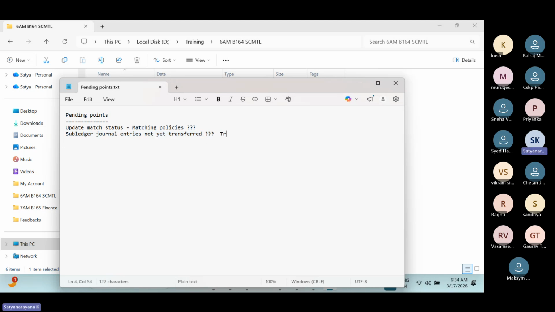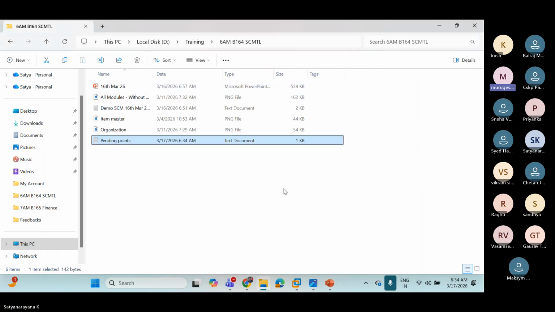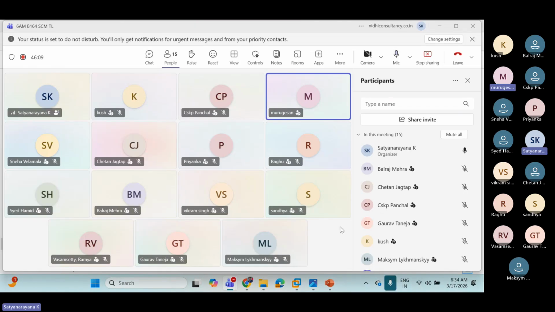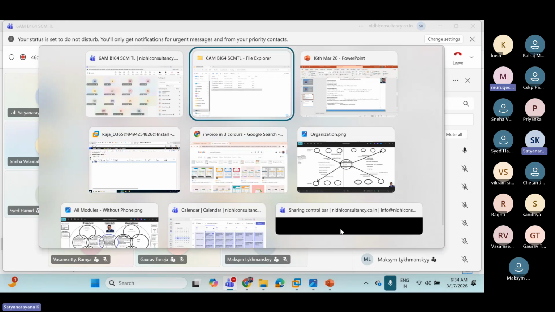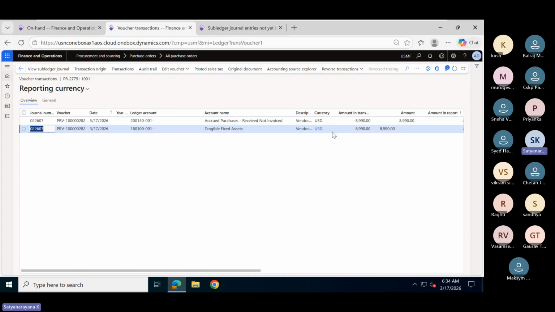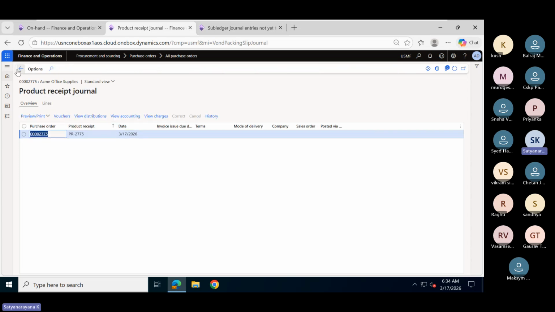There is a rule called transfer rule setup. I will discuss why Microsoft has given this and the logic behind it, for both finance and supply chain management, because in real time the system will do it automatically.